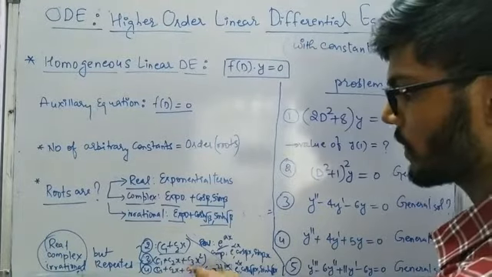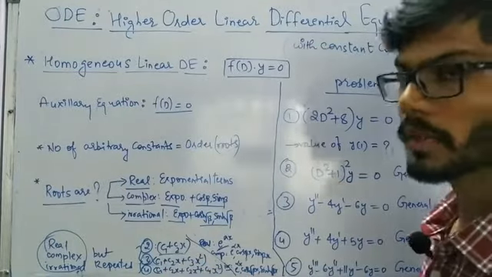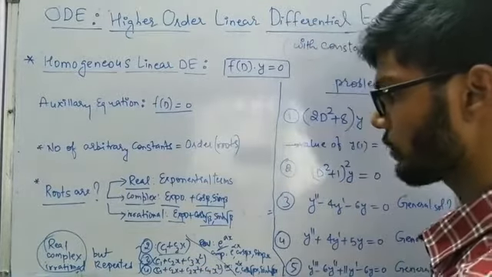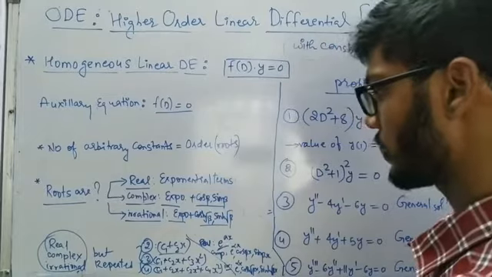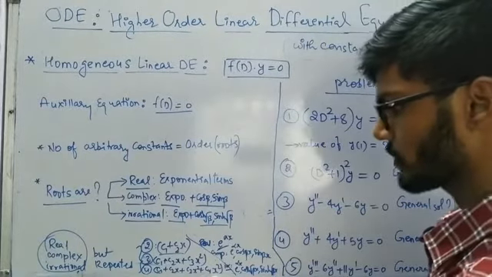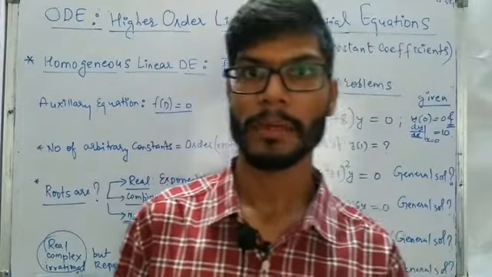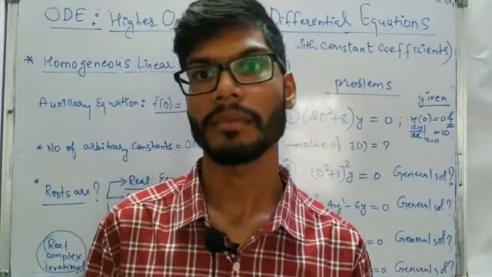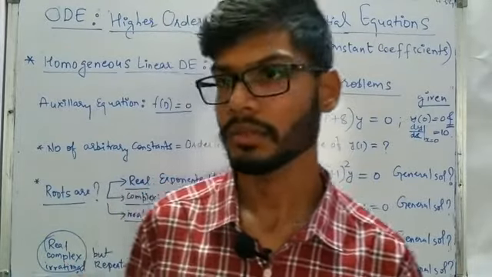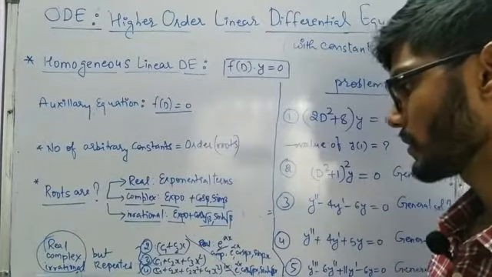For example, a, b and a and a. So c1 plus c2x plus c3x square, e power x. But in the case of complex terms, we are going to write something like c1 plus c2x plus c3x square plus c4x cube, then cos hyperbolic root over beta x, because two roots alpha plus iota beta or alpha minus iota beta, they are repeated two times, means total 4 roots are there. So in that case we are going to write terms like this.